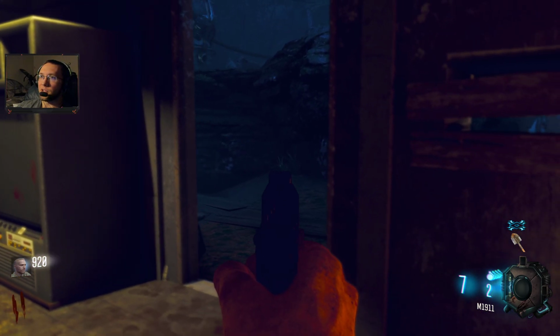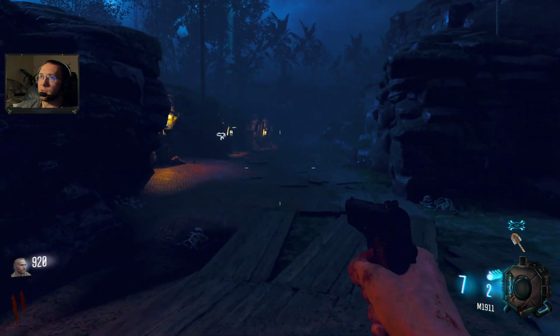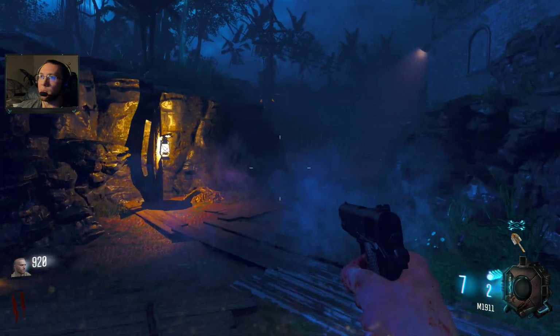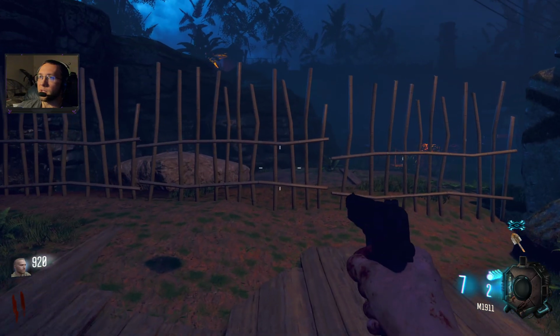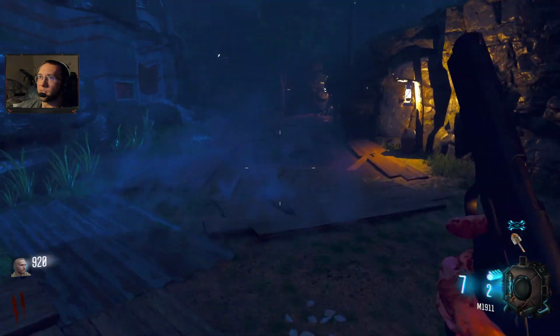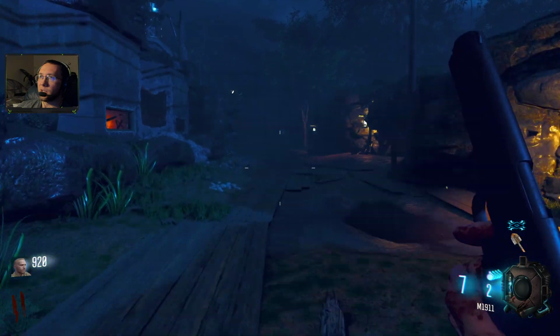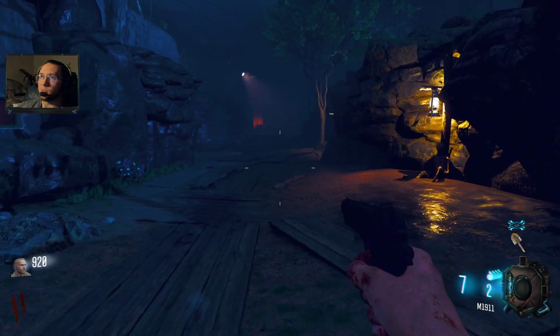So you want to come upstairs and open this door, and then you want to have this area be your main camping area for most of the game. You can leave this gate closed right here and the zombies will not spawn behind you. There is a zombie spawn, I believe, right there, and a zombie spawn right there, and you can just use this as your main camping area. And I recommend you just buy the MP5, it's for 1,000,